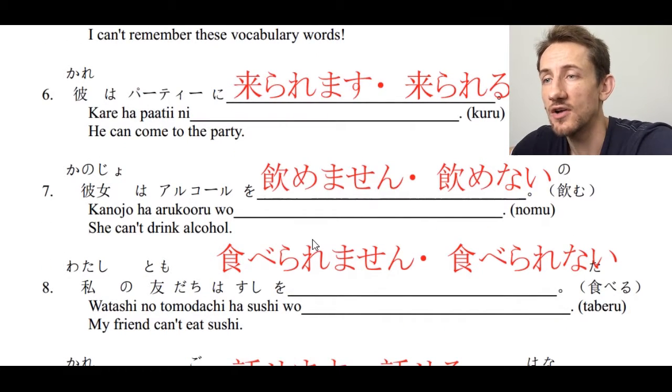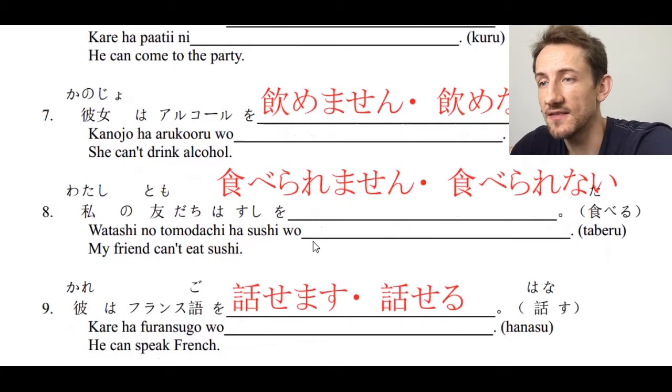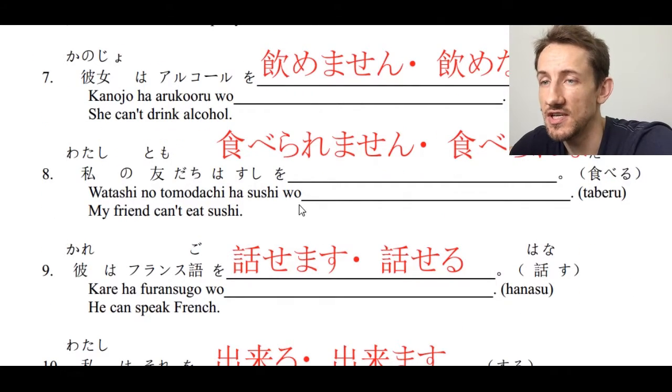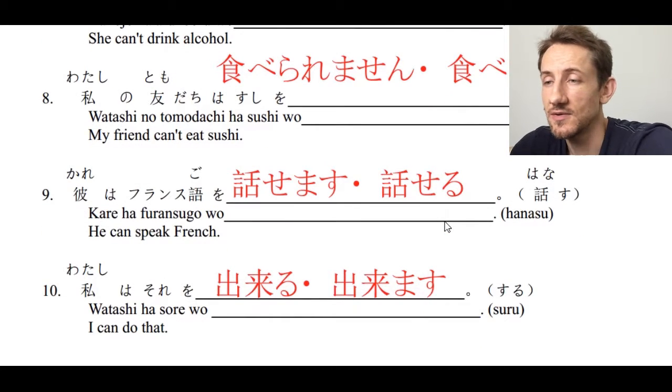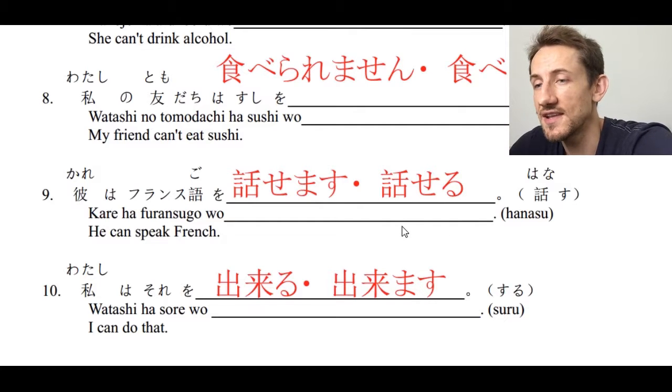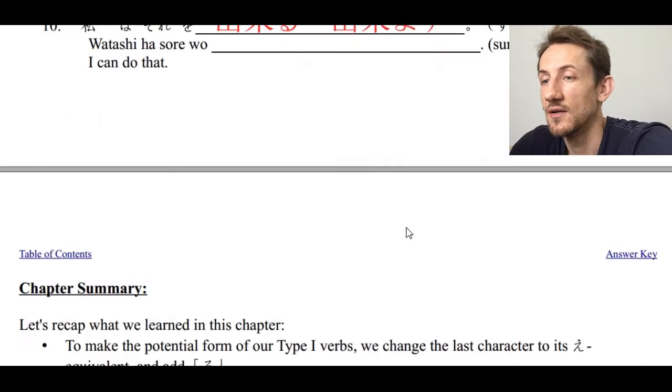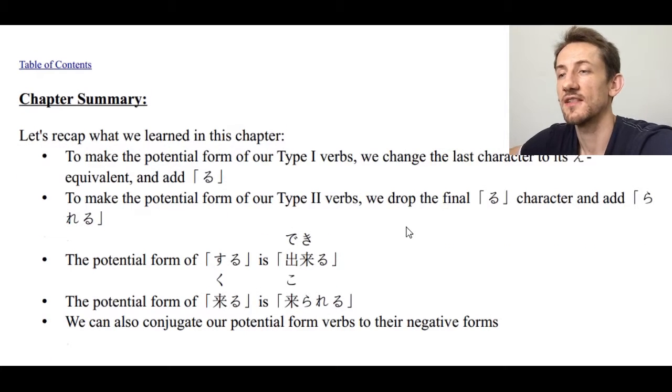Number 7. She can't drink alcohol. 彼女はアルコールを飲めません。飲めない。Number 8. My friend can't eat sushi. 私の友達は寿司を食べられません。食べられない。Number 9. He can speak French. 彼はフランス語を話せます。話せる。Number 10. I can do that. 私はそれをできる。できます。